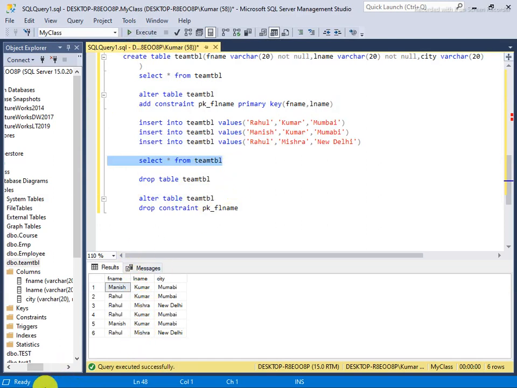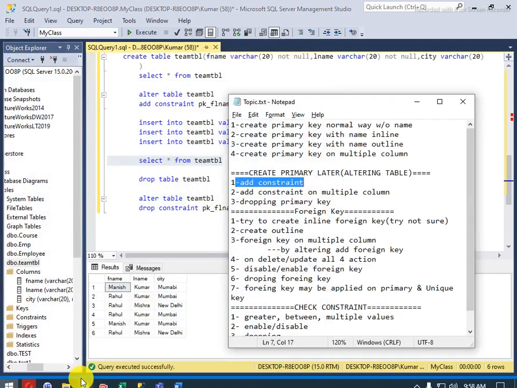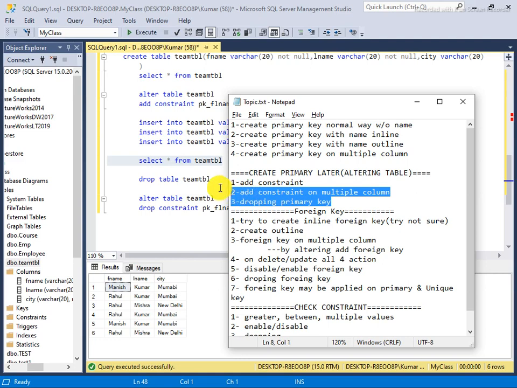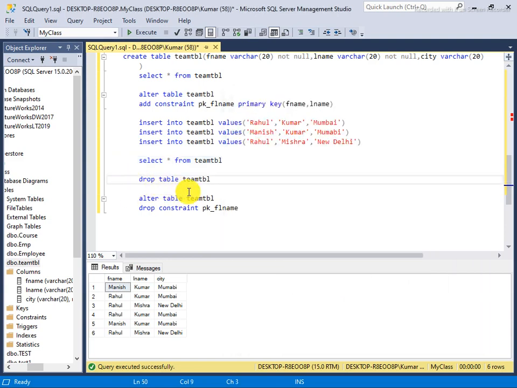So it's about a primary key. Any confusion related to how to apply or how to drop, or any new situation that comes to your mind, you can ask here. Now I dropped it. Here I dropped. Lastly I showed how.